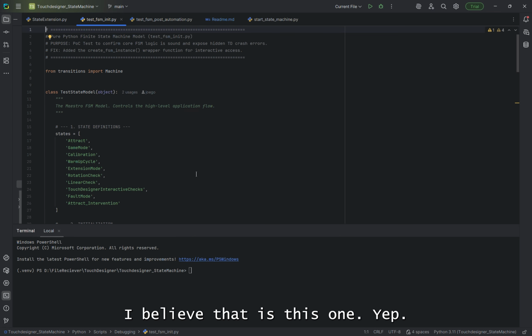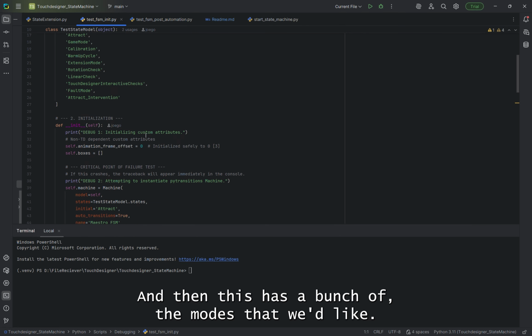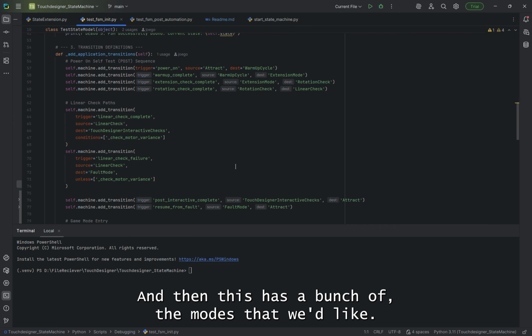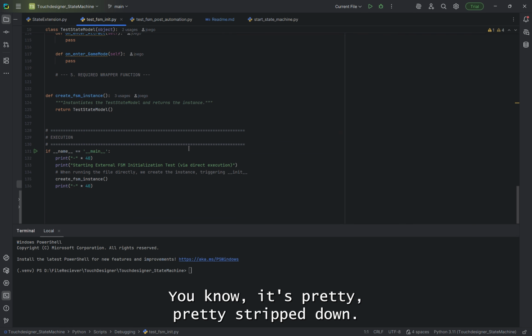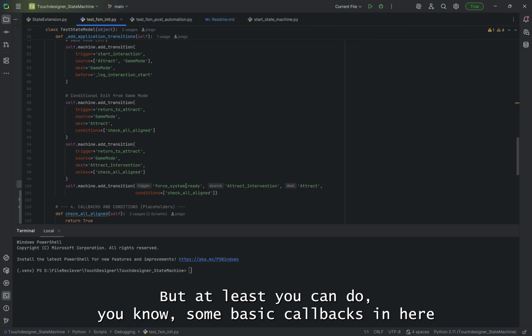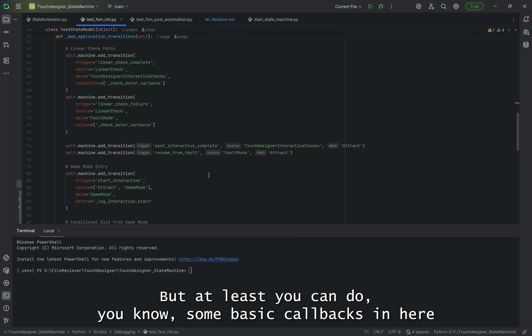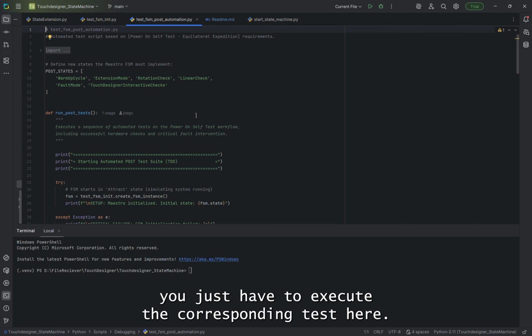I believe that is this one. Yep, test_fsm init.py. And this has a bunch of the modes that we'd like. It's pretty stripped down, but at least you can do some basic callbacks in here when it's operational. And if you want to verify that it's working properly on your machine, you just have to execute the corresponding